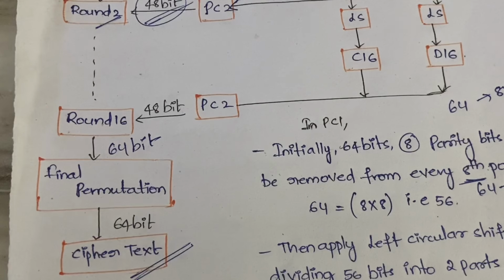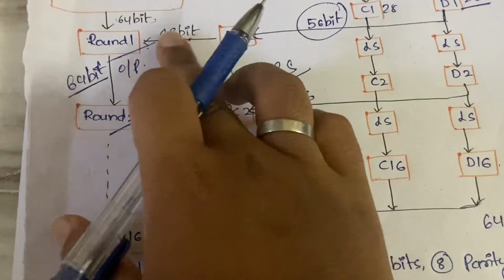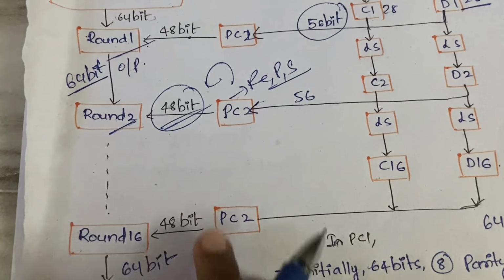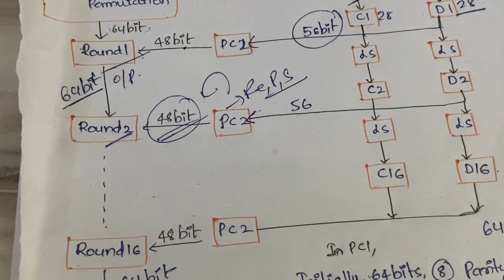So this is an algorithm to convert plain text to ciphertext, and in this process we are performing a total of 16 rounds. In each and every round we again have 4 sub steps, and for each round, what is the input we are giving? The output of the previous round plus a 48 bit key, and this 48 bit key which we are giving as input will be different for different rounds. So for round 1, round 2, round 3, for all the rounds we will not have the same key.